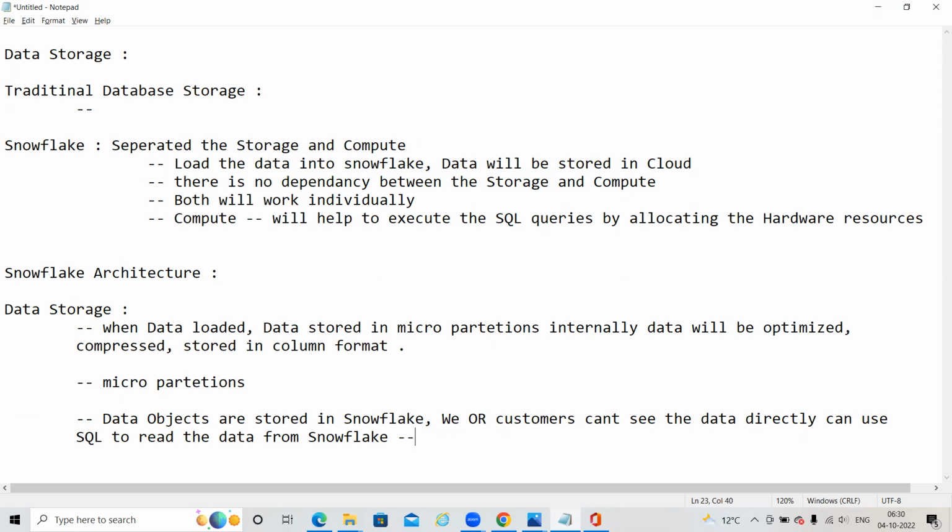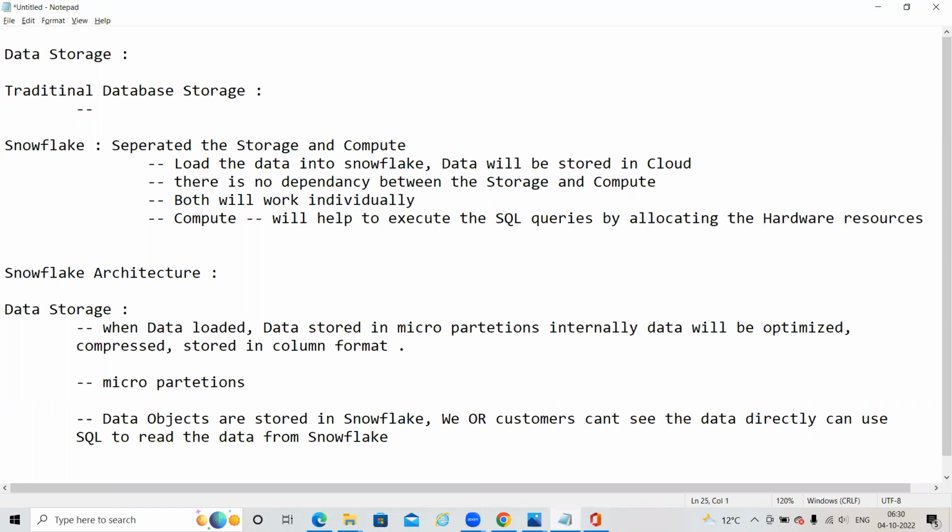See, when you store your data into your Snowflake, then anyone, either you or a customer, can't see the data from Snowflake directly. If you want to see the data, you can use a SQL command to read the data.